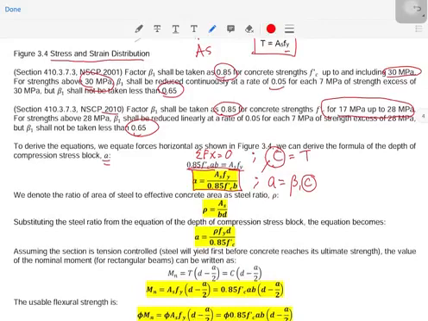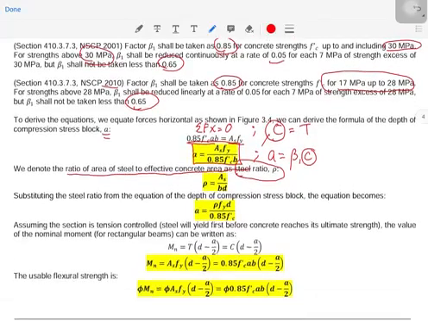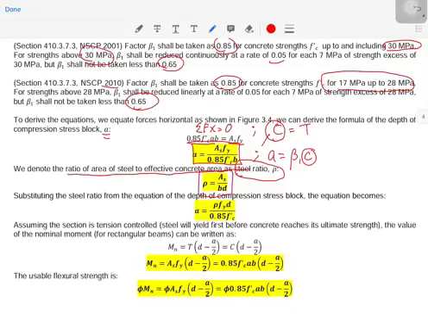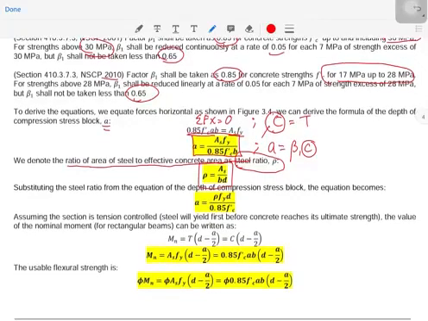Then how about the ratio of area of steel to the effective area, which we denote as our steel ratio, rho. Our rho is equal to As over bd. So that is the ratio of area of steel over effective area of your concrete. Then substituting the steel ratio from the equation of the depth of compression block,